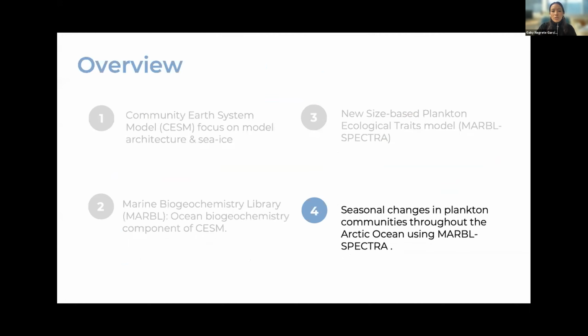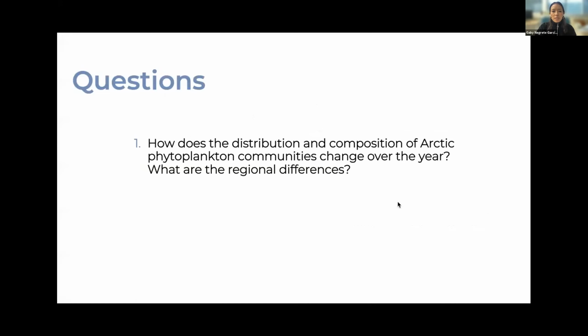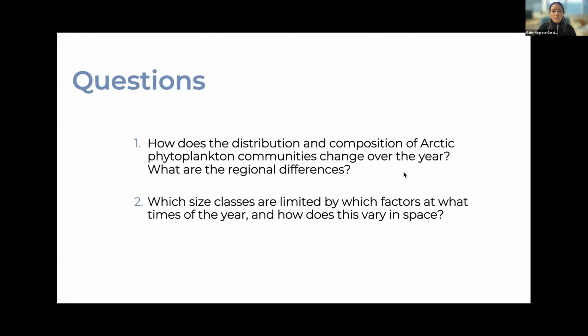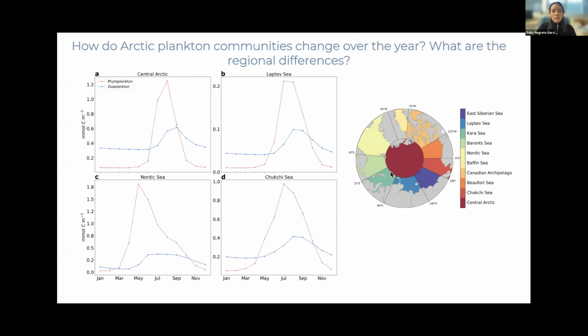So lastly, I wanted to give a little summary of how I've used spectra to understand seasonal changes in plankton communities throughout the Arctic Ocean. Some of the main questions I want to ask and answer in this presentation are: how does the distribution and composition of Arctic phytoplankton communities change over the year, and what are the regional differences, and which size classes are limited by which factors at what times of the year, and how does this vary in space. I have done this by separating the Arctic into 10 different regions of the ocean,